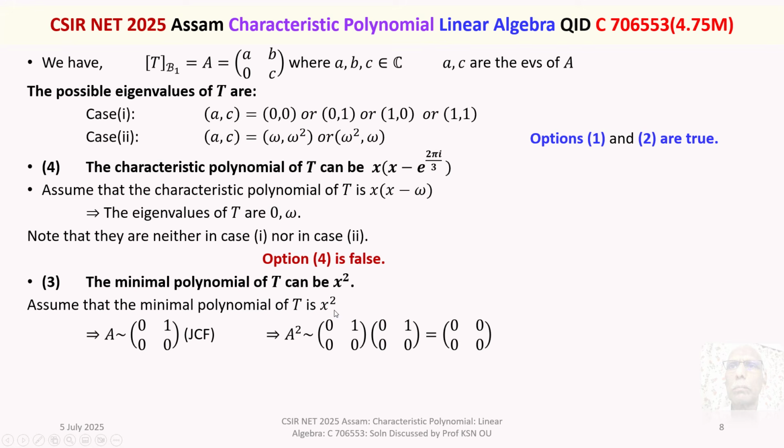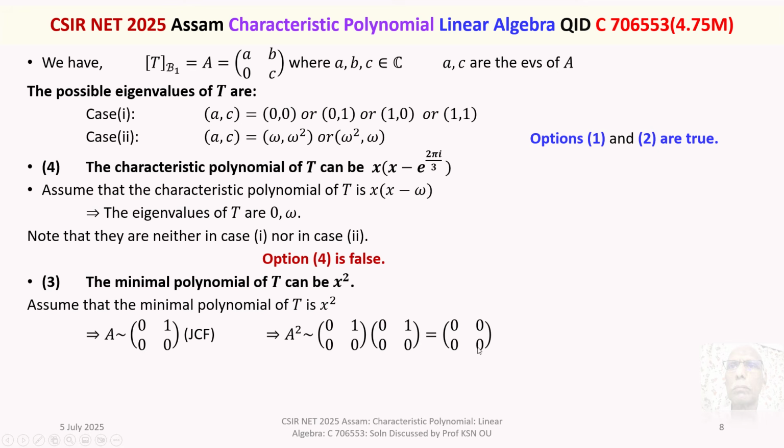Right? With eigenvalues 0 comma 0, the Jordan canonical form corresponding to the eigenvalue 0 will be 0, 1, 0, 0. So, A is similar to this one. You must be familiar with the minimal polynomial and the corresponding Jordan canonical form, then only you will understand. And if A is similar to 0, 1, 0, 0, then what will be A square? It is similar to 0, 1, 0, 0 multiplied by 0, 1, 0, 0, which is 0, 0, 0, 0,